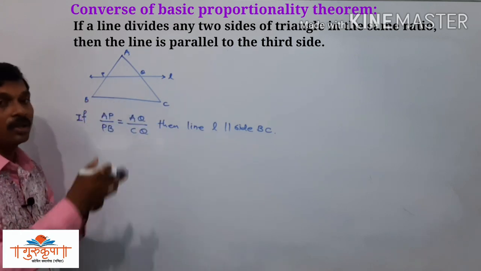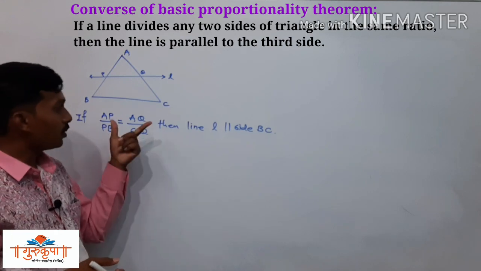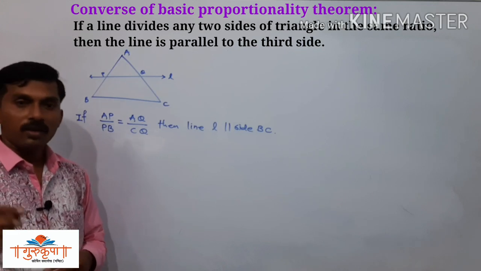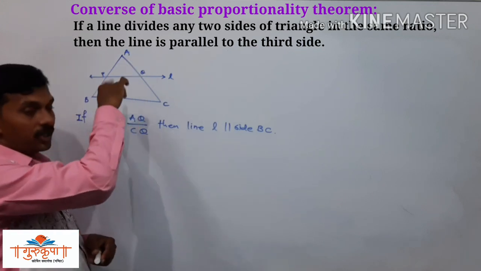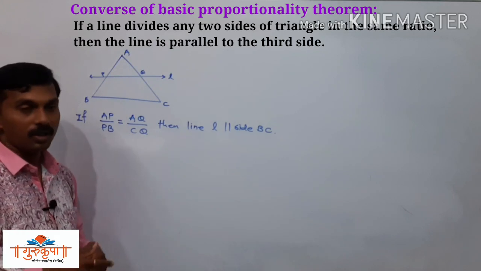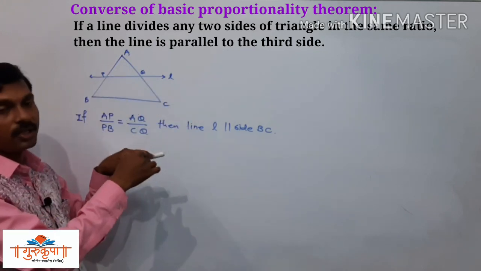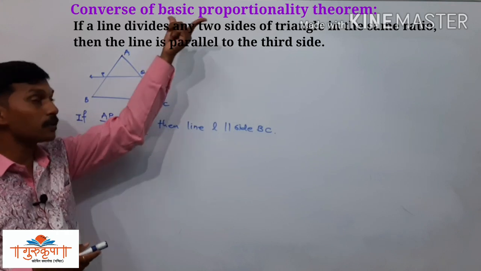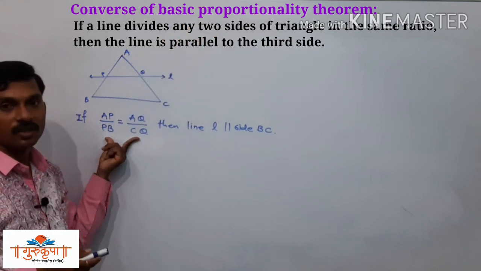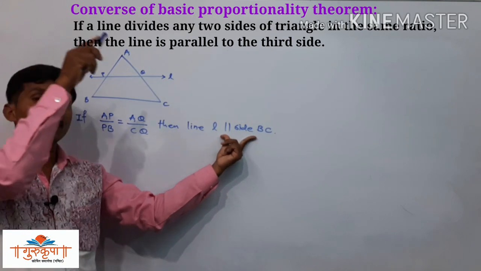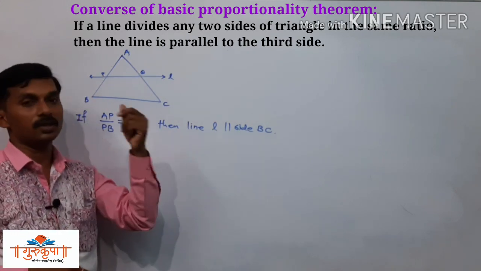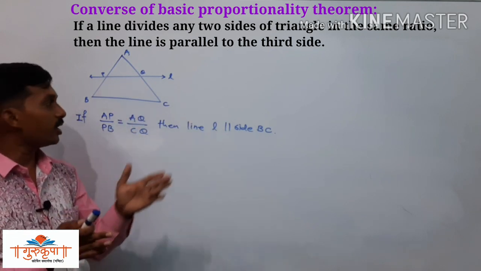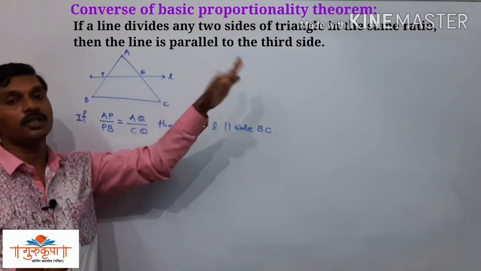So this is all about the converse of the basic proportionality theorem. Whatever the part in the theorem, I see the antecedent and consequent. If both get interchanged, then that statement is known as converse. And here what we prove in the basic proportionality theorem, that is the given information here. And what is the given information there in the basic proportionality theorem, that we have to prove here. This antecedent and consequent get interchanged, so it is called the converse of basic proportionality theorem.